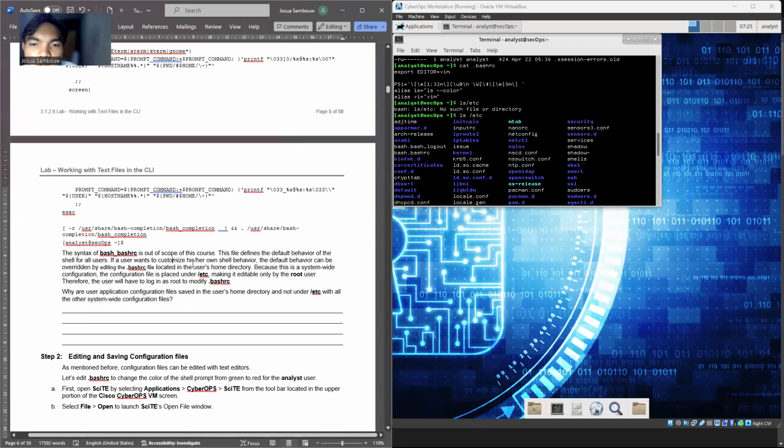The syntax of bashrc is out of scope of this course. This file defines the default behavior of the shell for all users.